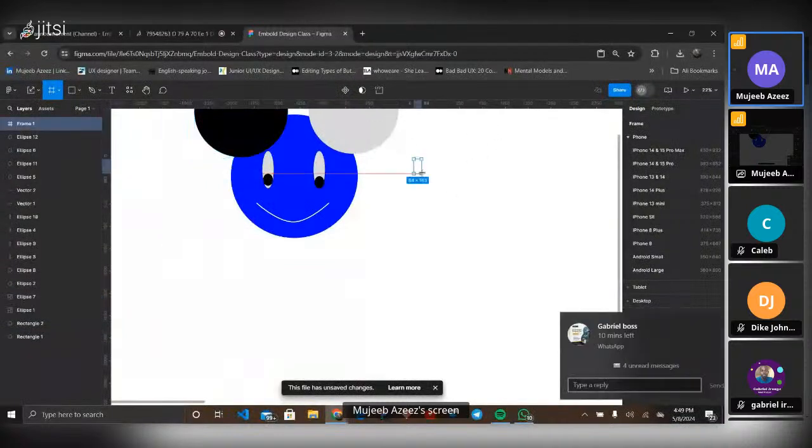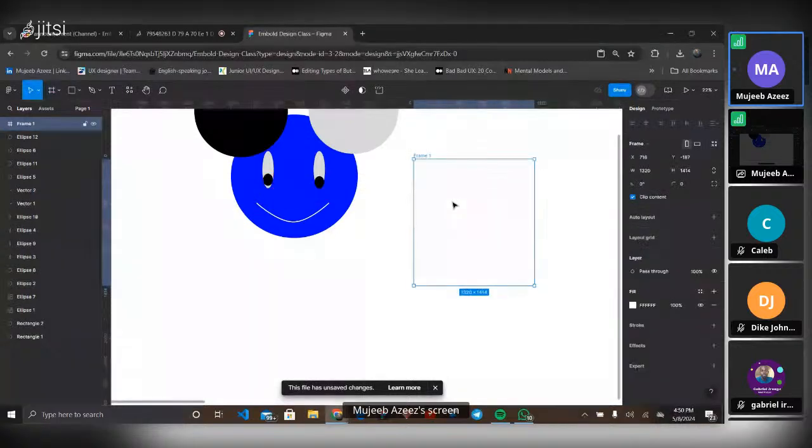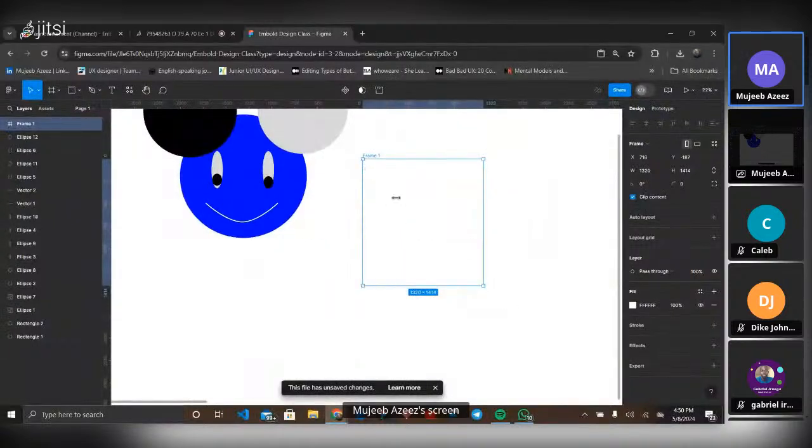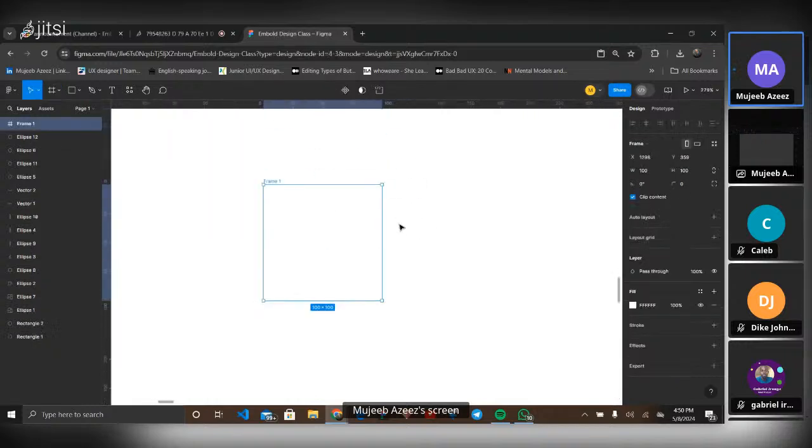Then you click, hold, and drag. So you've created a frame. You click, hold, and drag to create a frame. Or once you click on the frame tool, you can just click on your canvas without holding and dragging, and Figma automatically gives you a default size, which is 100 by 100. This is the default size whenever you just click on the canvas. Whenever you select a shape and click on the canvas without holding and dragging, it automatically changes